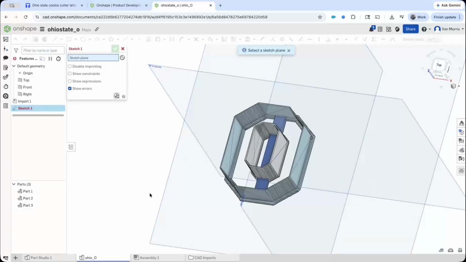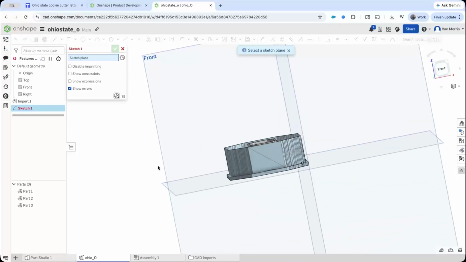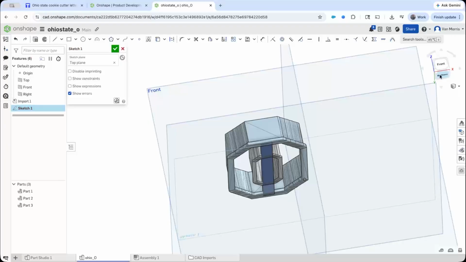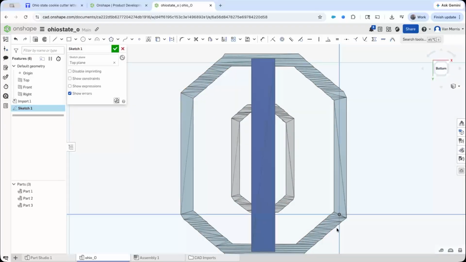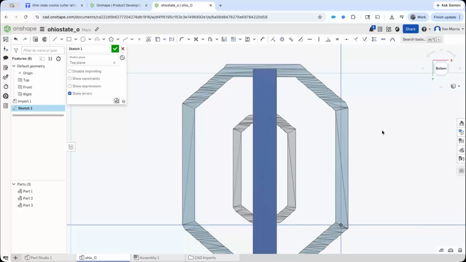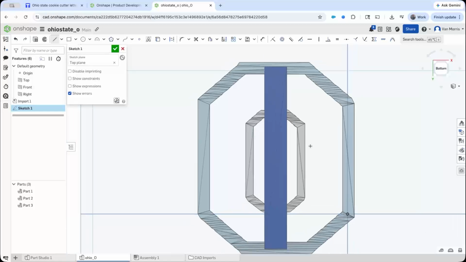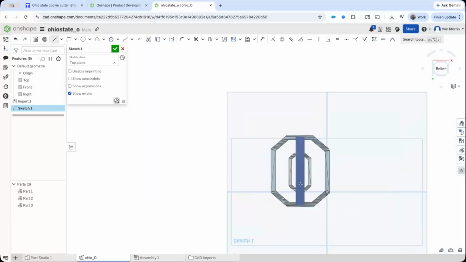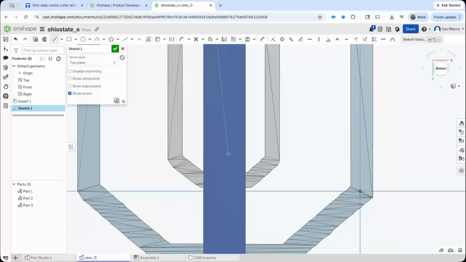So what we're going to do is we're going to start by just designing it. So let's draw on this plane, on the bottom plane. And wow, this is actually not that great of a file to begin with. So what we can also do here is improve this. So let's start with the easiest. Let's try and find a center line. So if I take this corner